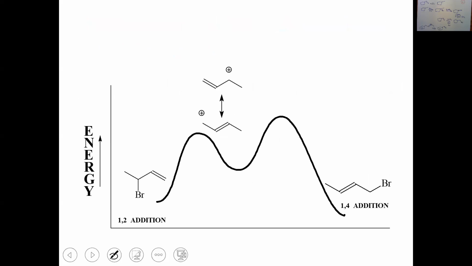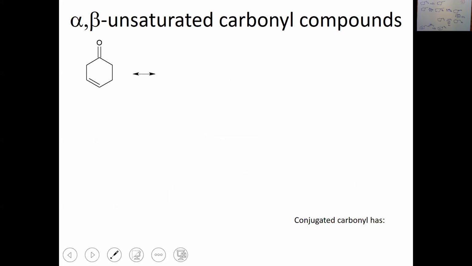The kinetic product was favored at low temperatures and short reaction times. The kinetic product is not as stable as the thermodynamic. So this product is kinetic because it's higher on my energy diagram. This product is thermodynamic. It's lower on my energy diagram. We went into a lot more detail then, and we're not going to revisit all of that now. But I was trying to make you remember 1,2 addition versus 1,4 addition because it's relevant for what we will